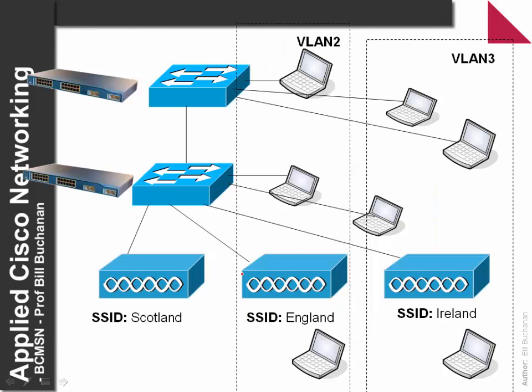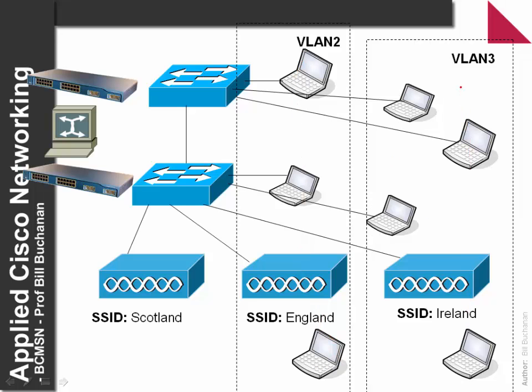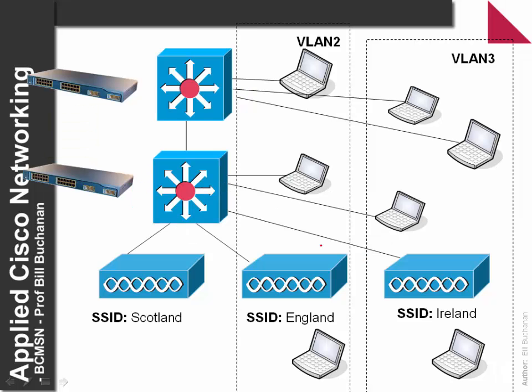Various applications of VLANs. As we've seen, we can connect wireless access points into the same VLAN as we have here. Then we can have layer 2, layer 3 switching in between, so that we can actually interconnect devices through the layer 3 switch, or we can block communications at layer 3. And that's the end of this presentation.